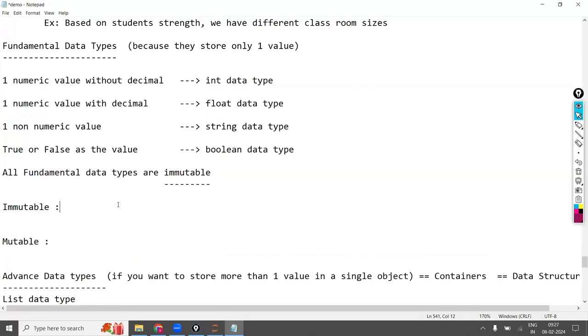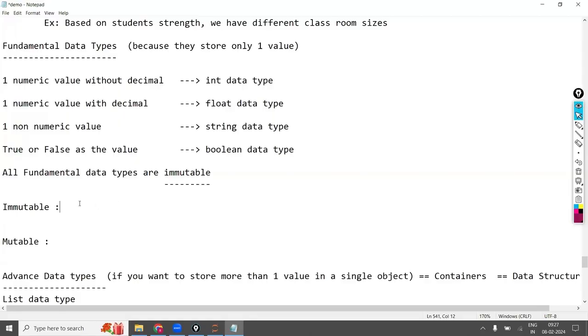Generally, in the interview, they will most of the time ask the difference only. When they ask the difference, in one shot you explain mutable and immutable both. Instead of asking two different questions, what is mutable and what is immutable, if they ask directly what is the difference, both will be covered. So most of the questions are with respect to difference.